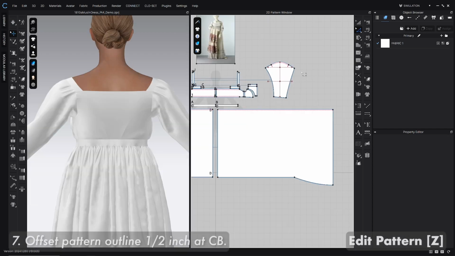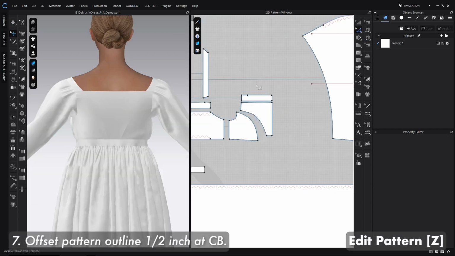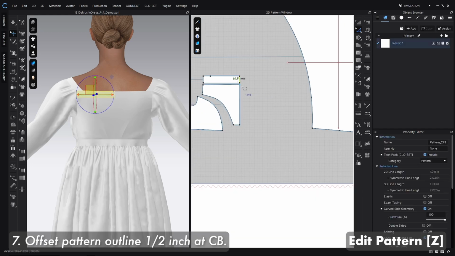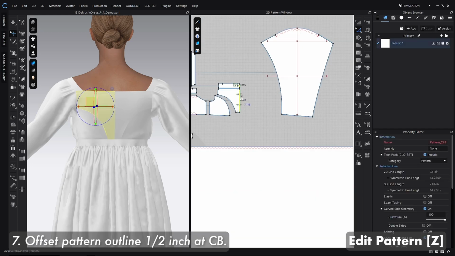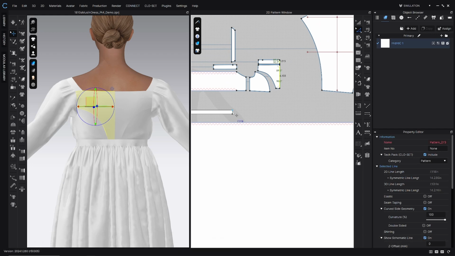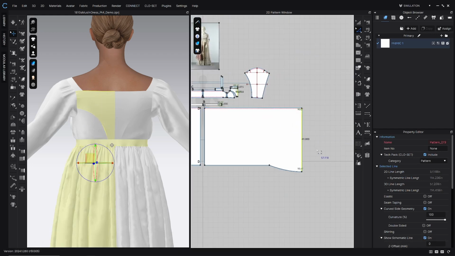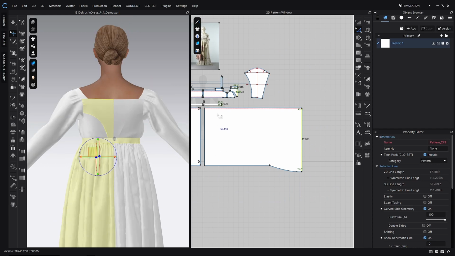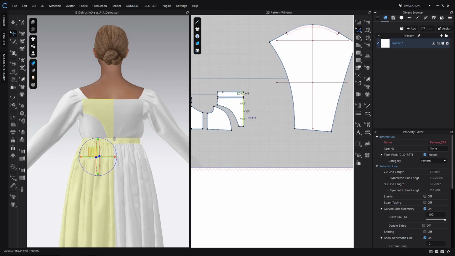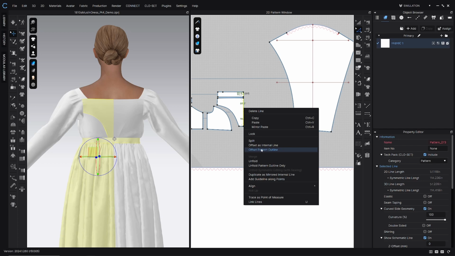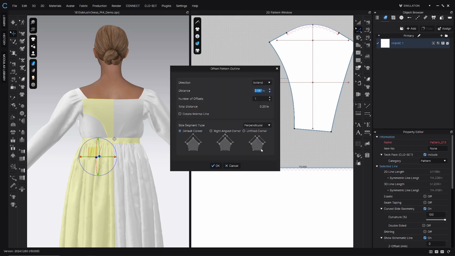We're going to start by getting the Edit Pattern tool, or the Z hotkey, and we're going to click the back band here, shift click to get that back bodice as well, and then the back part of the waistband, and then also the back of the skirt. So we just have everything that is a part of center back now selected, and then you right click the selection and then choose Offset Pattern Outline. And for the distance, we're going to make that a half of an inch. So 0.5 inches,